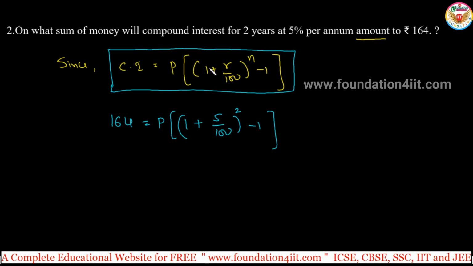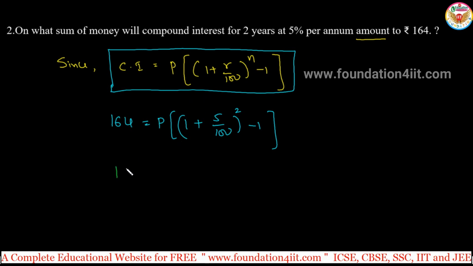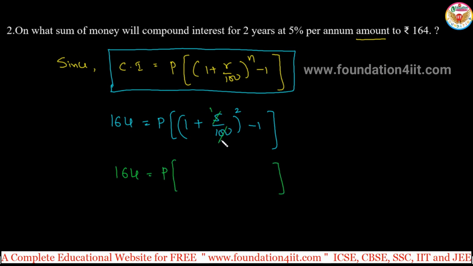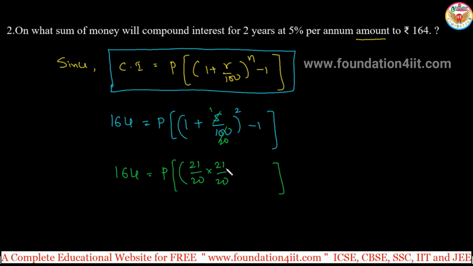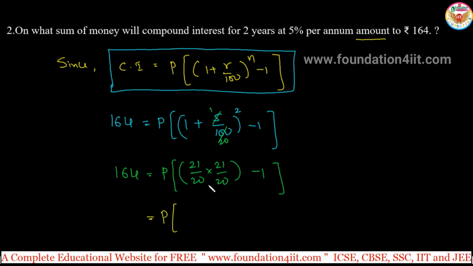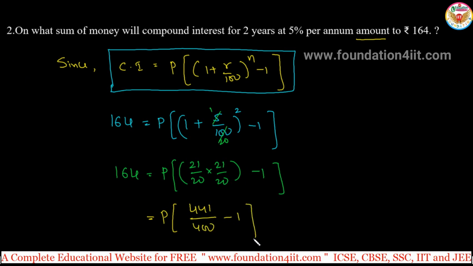So the important thing is the given value is 164. Okay, you should read the statement clearly here. So compound interest becomes this much for what amount. Now next you can find the P value from this. So 164 is equal to P into, in the bracket you simplify: 5 ones are 5, 20 fives are 100, 1 plus 1 by 20. So 21 by 20 into again 21 by 20, because power 2. This is one set, minus 1. Now calculate P into 21 into 21 is 441 by 20 into 20 is 400, minus 1.